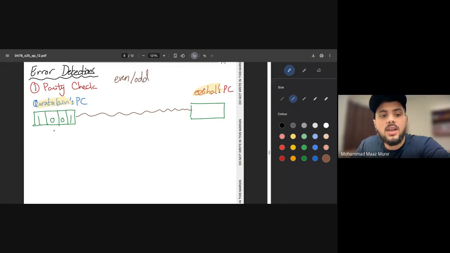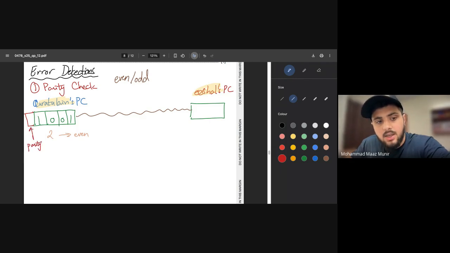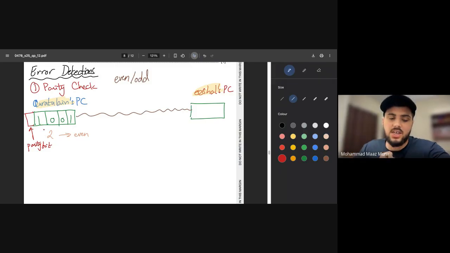अब उसका मतलब ये होता है कि जो Kuratulan ने अपनी file भेजनी होती है उसके अंदर she has to count the number of ones, वो count करेगी कि how many ones do I have, one, two, she has two ones which is basically an even number. अब अगर यहाँ पे Kuratulan क्या करेगी, she is going to add one extra bit behind the actual file जिसको बोलेंगे parity bit. Okay, this is known as a parity bit and this bit is basically used to ensure कि यार जो हम file भेज रहे हैं ना उसको एक specific even या odd number में convert